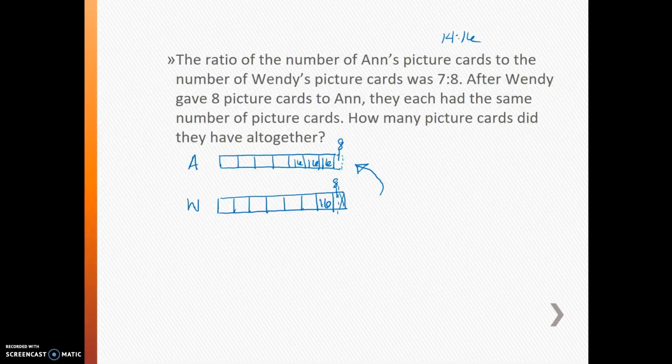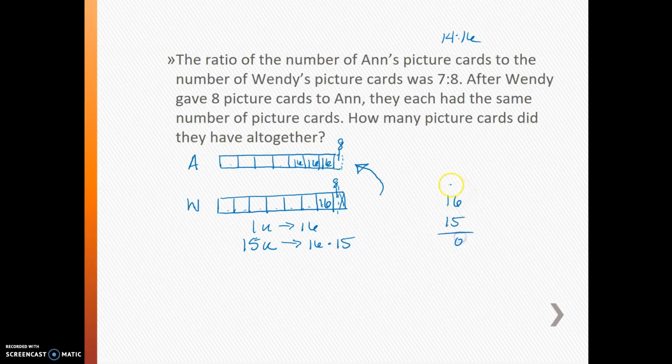So now let's just count. So if Anne has 1, 2, 3, 4, 5, 6, 7 units times 16, and Wendy has 1, 2, 3, 4, 5, 6, 7 units times 16, plus they both have a half a unit of 8, then that means between the two of them, they have 15 units. So 15 units times 16 cards. So let's say 1 unit is 16. And then 15 units is going to be 16 times 15. If we do that math over here,